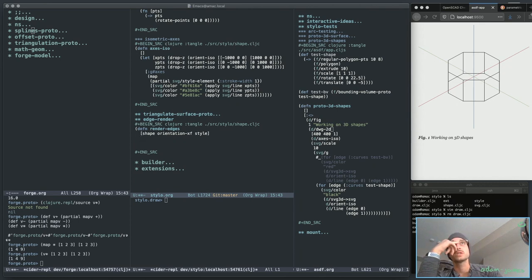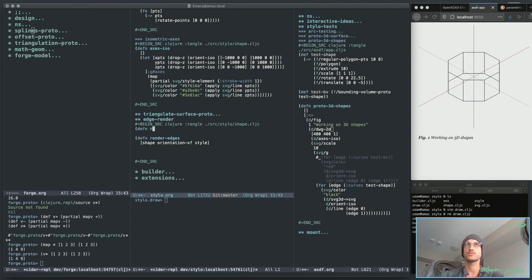What you need to do is, so it's render edges, but you can have a function called render one edge, right? Which itself can just be, so an edge is, oh, actually it should be curve,